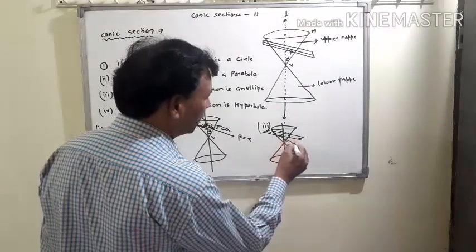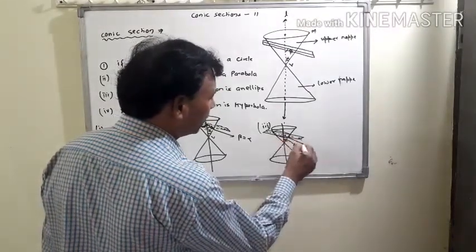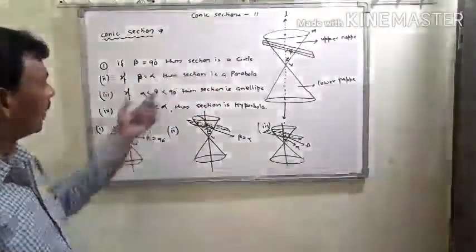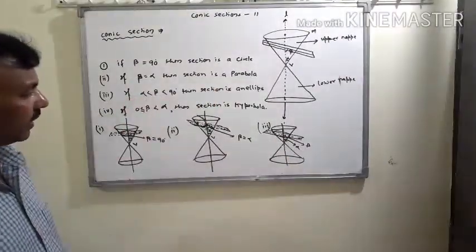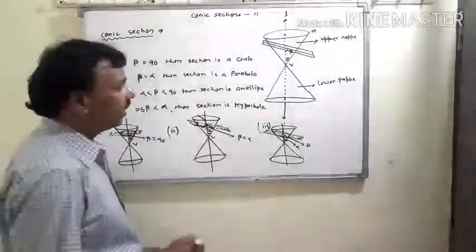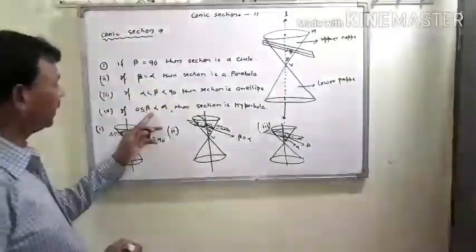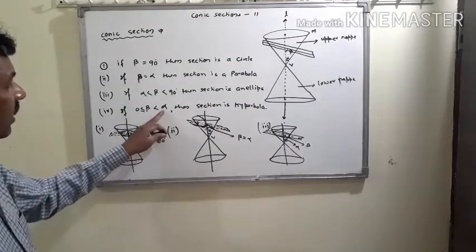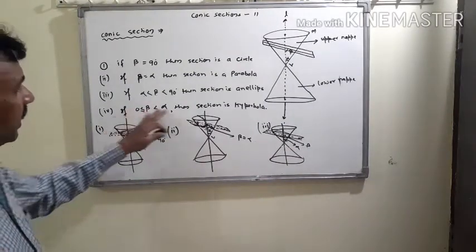This angle is alpha and this angle is beta, where beta is greater than alpha but less than 90 degrees. And if beta is greater than or equal to 0 but less than alpha, then we can find